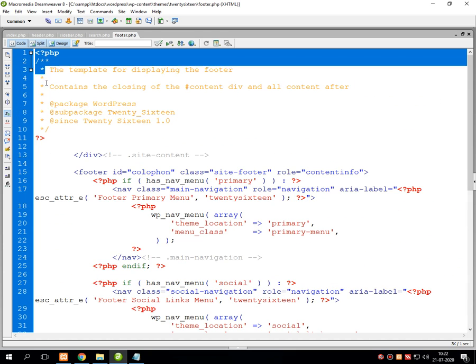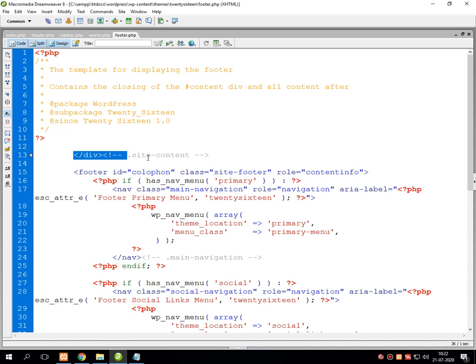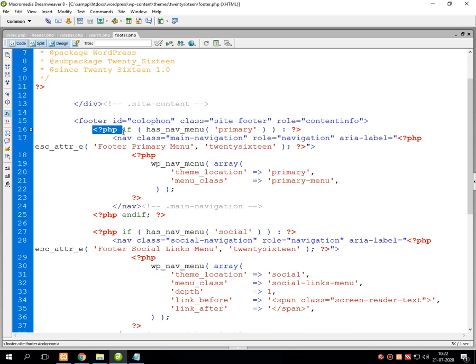So in footer.php, after the commented section, a footer ID is given, which is actually the one CSS which calls from the CSS folder of the entire theme, the class that is called as site-footer. Then it will check for the navigation menu, either that navigation menu is primary or secondary.